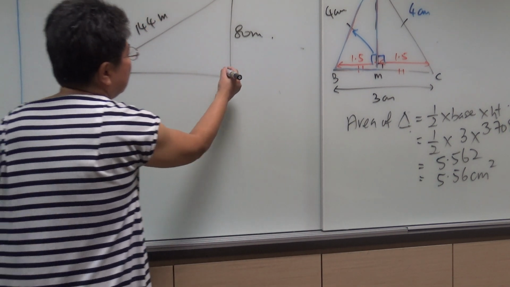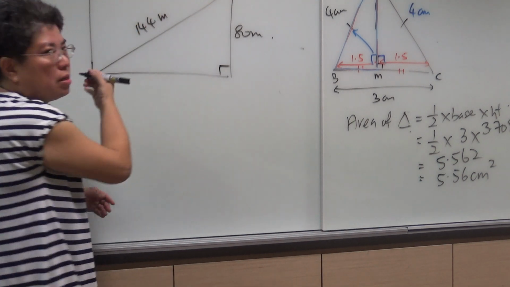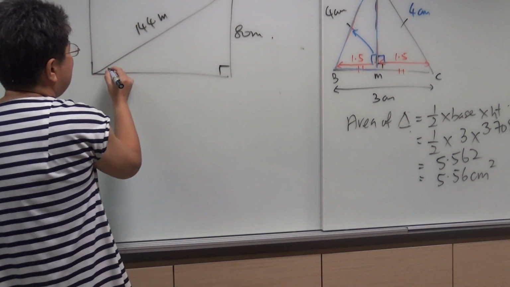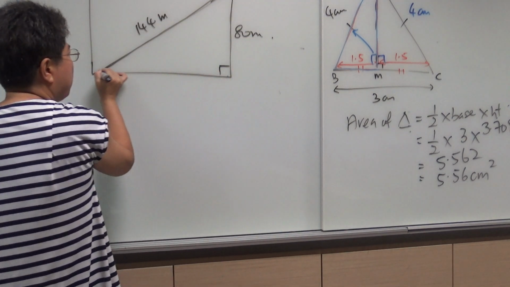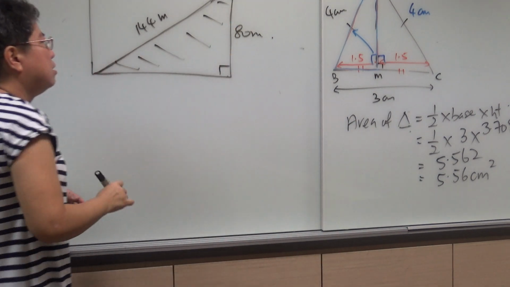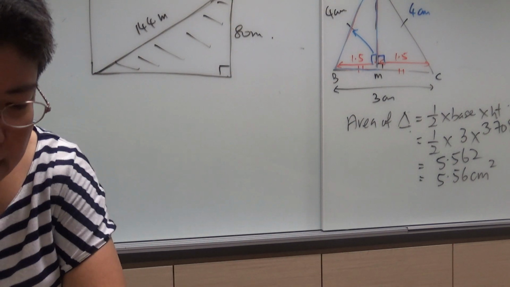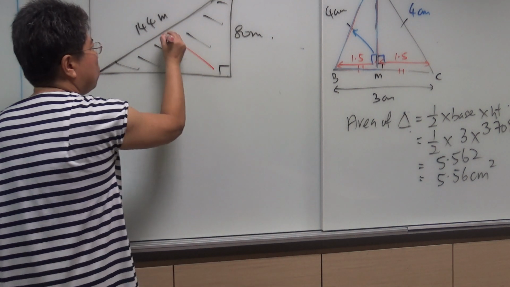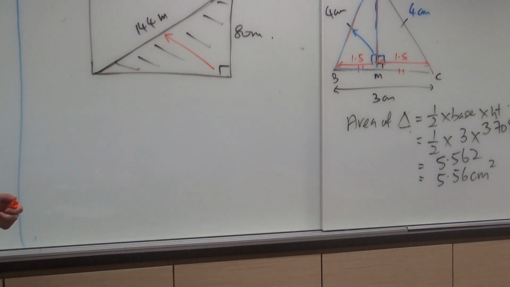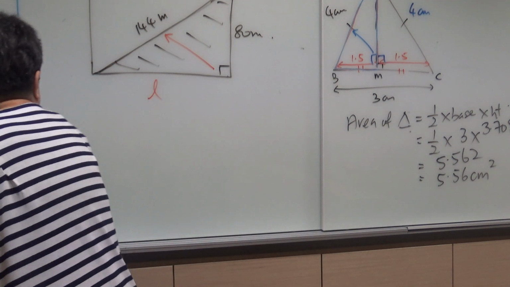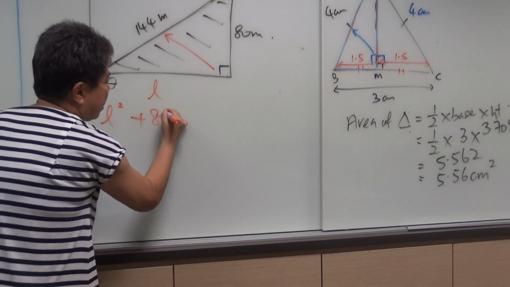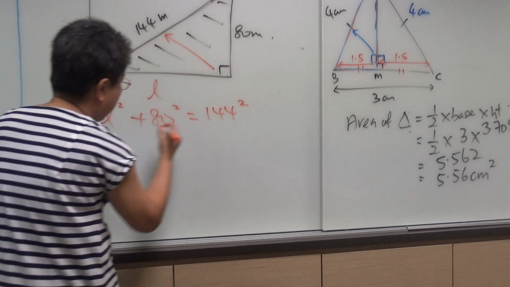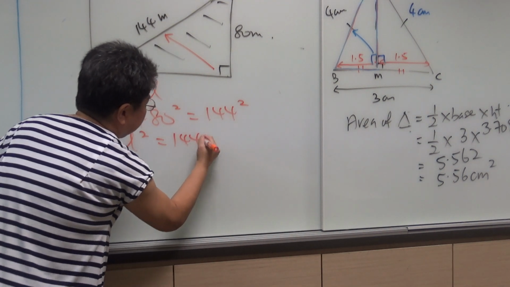Now, if it is a rectangle, all these 4 corners are all 90 degrees, okay? Now, I want to look at this particular triangle. This triangle that I have shaded, okay? Now, you will see that the hypo is 144 because it's opposite the right angle, and this is the length that we do not know. Alright? So, how do I get this length? L squared plus 80 squared is 144 squared. So, L squared